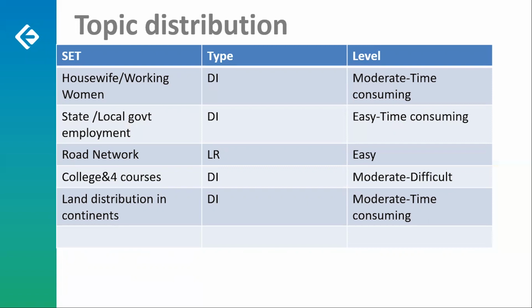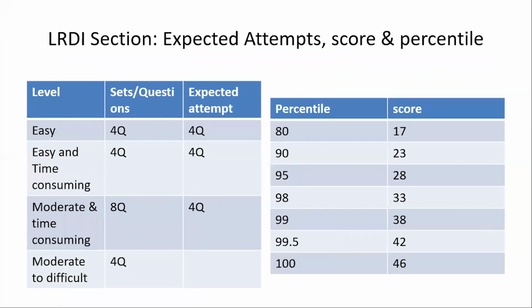So selection was key in this paper. That is what I would suggest for the expected attempt. Easy, those 4 questions, the network data questions, and the rest, 8 questions, were moderate and time consuming, and easy and time consuming were 4 questions. So somebody who is solving these 4 questions,